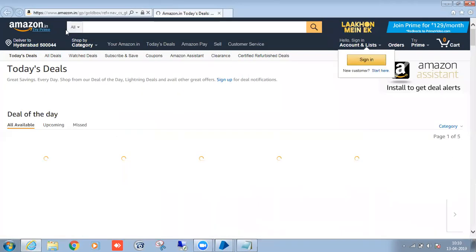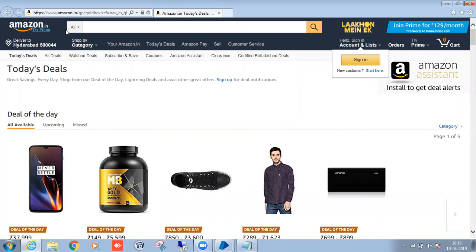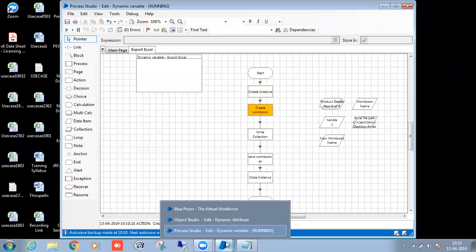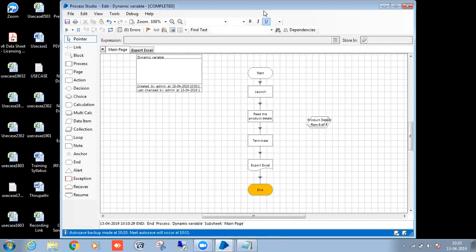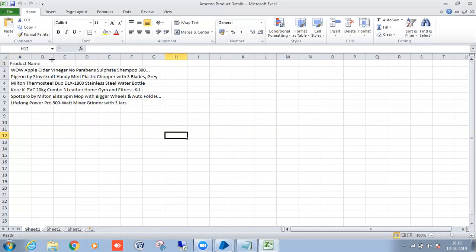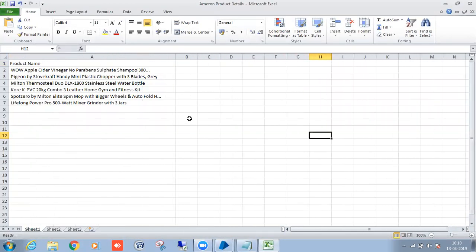Launching the application. Done. Check in the Excel sheet. Amazon products. Got it. Here you can create a price and you can call it. Question. So in a fraction of a second it has executed.